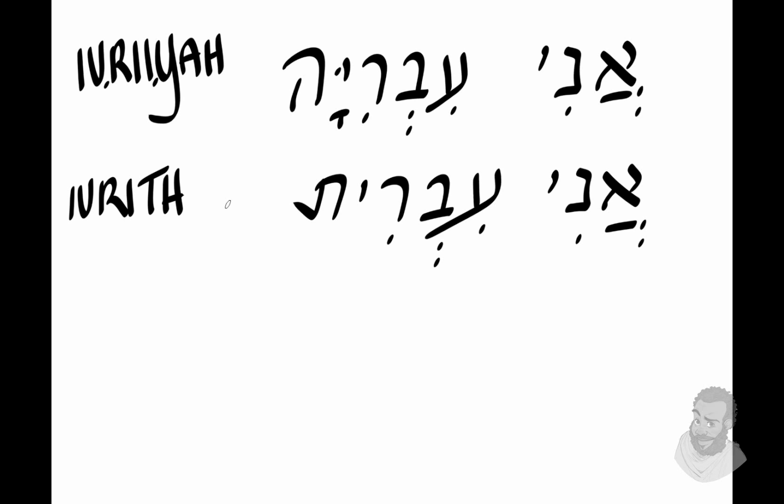Ivrit. Anytime you see the tau at the end of a noun, most likely it's female. Same thing when you see the he. It's most likely female. Wow. So, early morning. The he represents that it's female, and the tau represents it's female as well. Now, when we get to Yah's name, that's a whole different story, okay? So, ivriyah and ivrit. Ani ivrit, ani ivriyah. I am